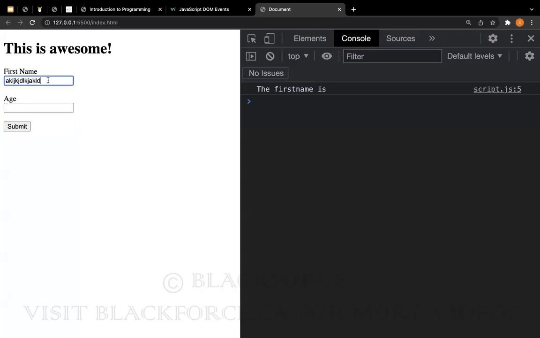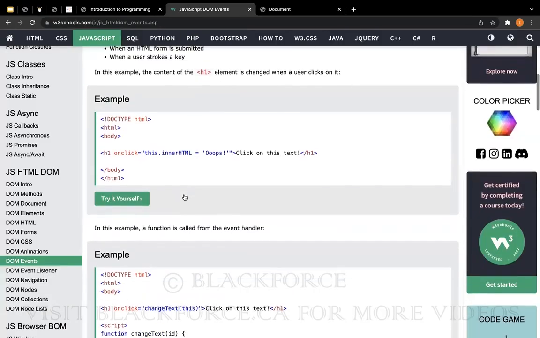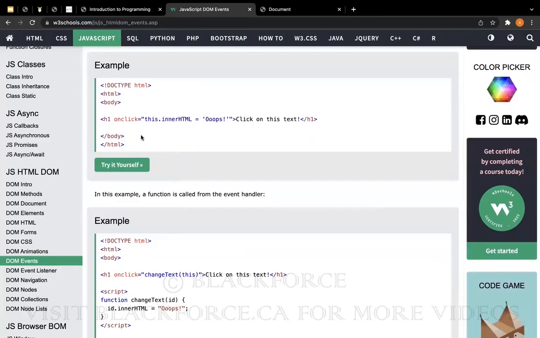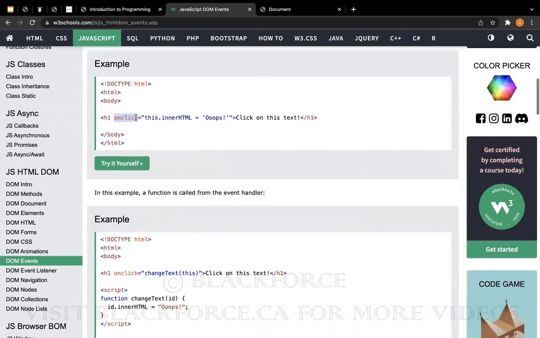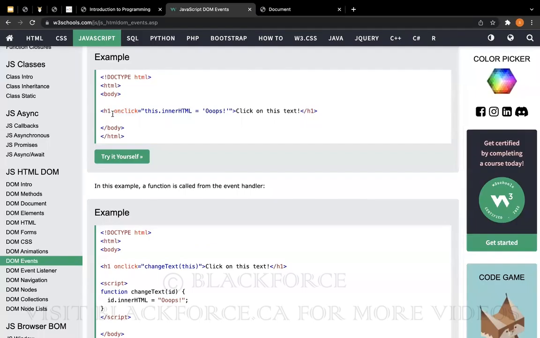So that's where event listeners come in. We can do cool stuff with event listeners. Let's just go over the syntax of how to set event listeners. I kind of breezed through this yesterday. You can set on click directly on the HTML page. This is an attribute, the same way we had